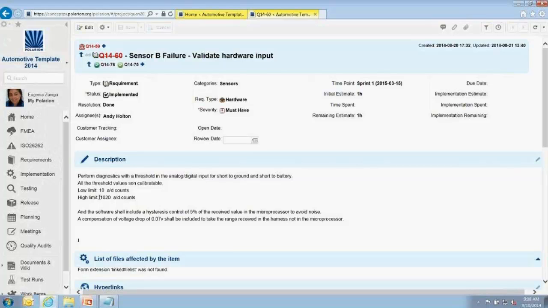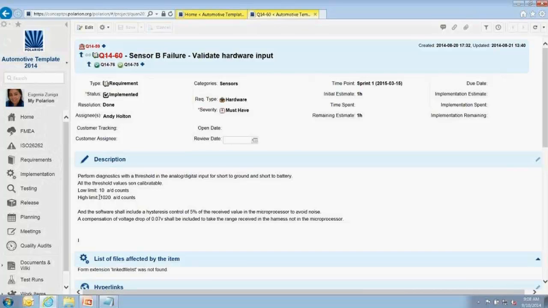Something important that people sometimes ask me is, yeah, this is perfect for project management, but make sure the code covers that information as well. Well, this coding task has a plugin provided by Polarion. When you do a commit through Subversion or Git, it creates a revision number, which contains the list of files modified in that revision.